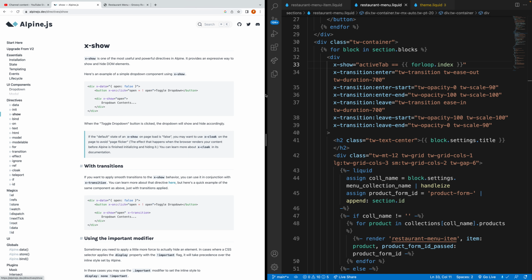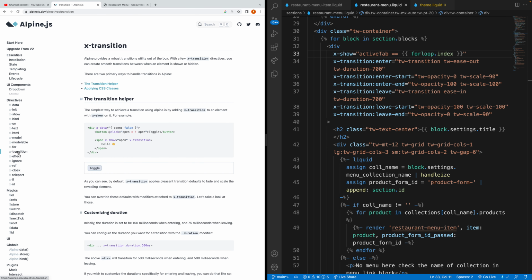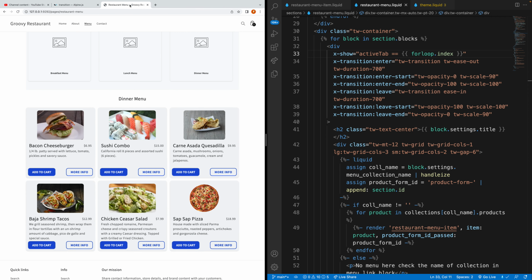But anyways, the next thing we've got going on here is the transitions, right? Go over here to the transitions. You can read all about that here. They explain it much better than I do. But anyways, you'll see here we have an enter transition, right? And then we're using these Tailwind classes to transition, to ease out, and then the duration. And then we've got our transition enter, and then our classes: transition enter end, transition leave, leave start, and leave end. And what that's giving us,